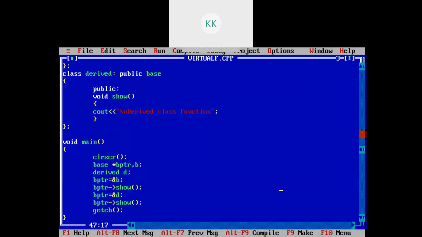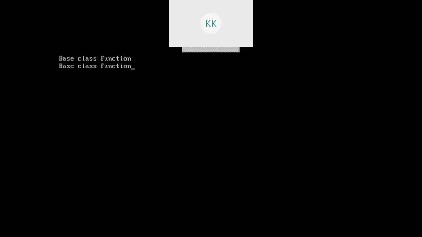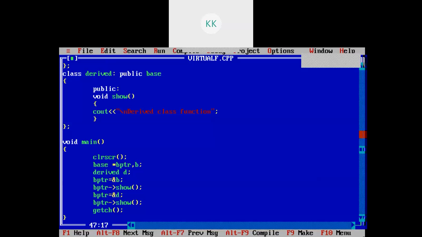I try to run it with F9. You can see in both cases only the base class function gets called, means the derived class function show is overridden, right? So here you can see I have created an object of base class and pointer of base class. Here I have created an object of derived class.